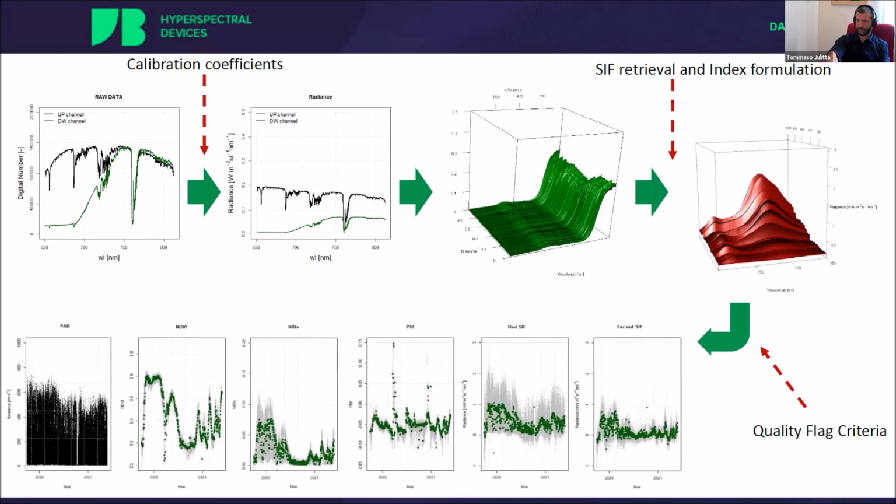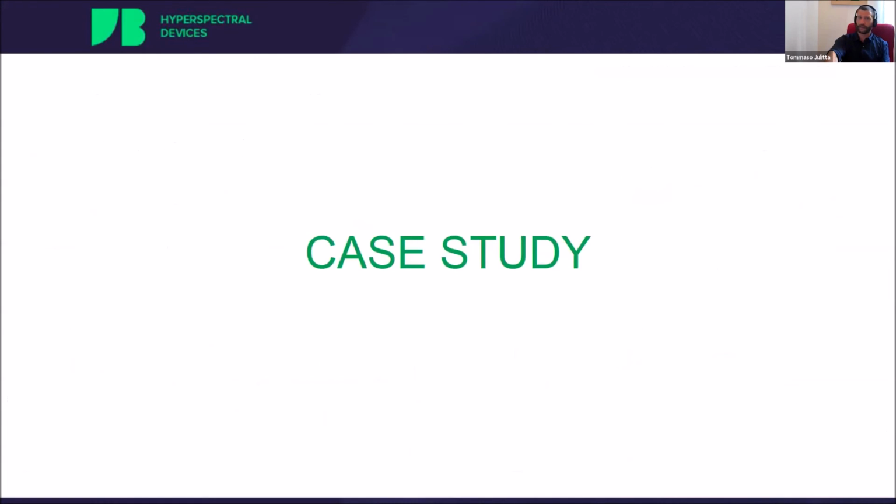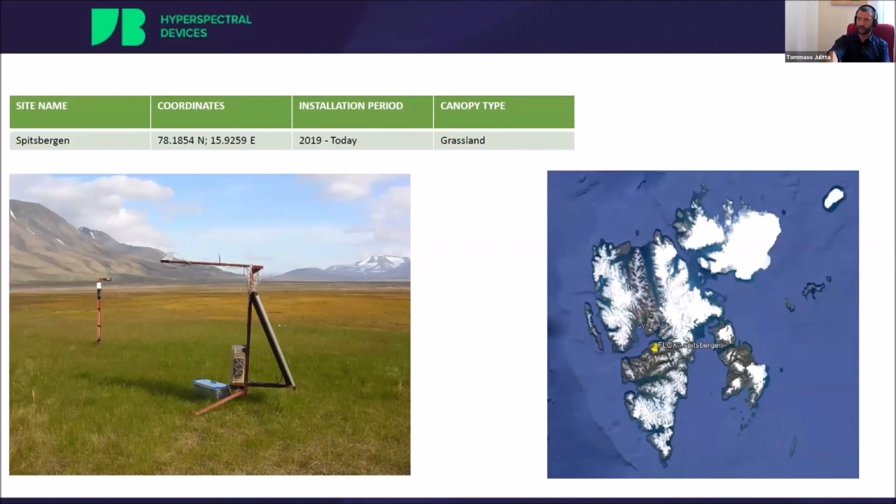And finally, also provide a sort of filtering of the time series in order to account for some quality flag, which again we'll see more in detail later on. And then I would like to conclude with a very brief case study. But as I was saying, this is one FLoX installed in Spitsbergen in 2019, and by Hans Tommervik,